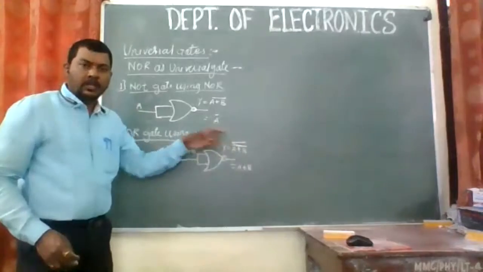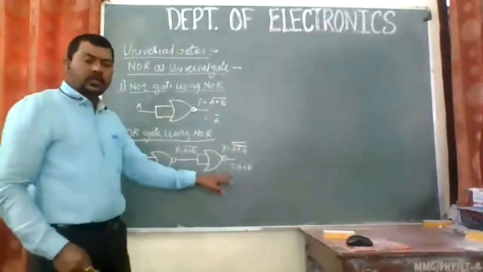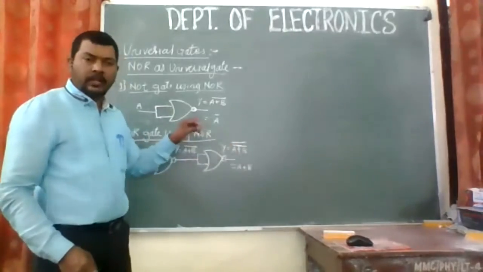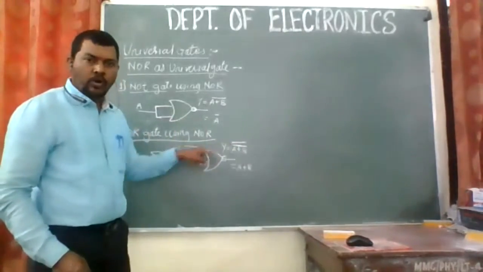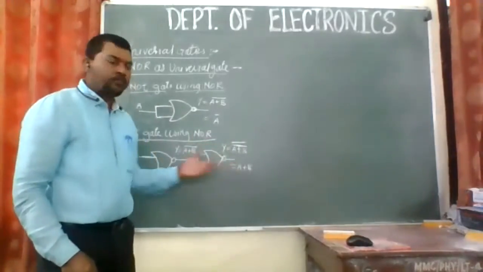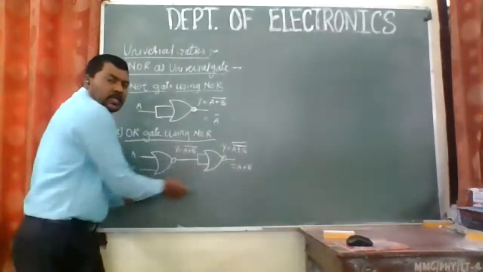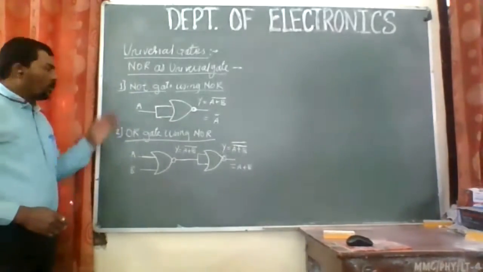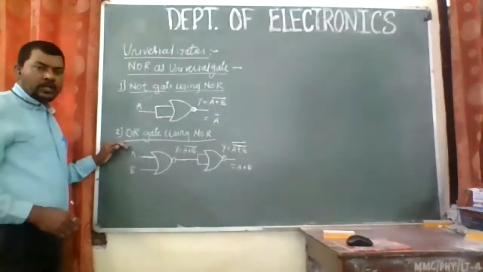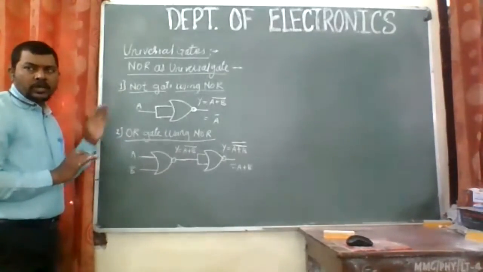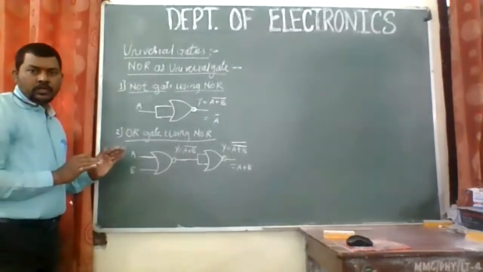So we are having two complements, and the complement of complement is A plus B, right? This is the Boolean expression. The two complements cancel each other out and we have A plus B. So this whole circuit is going to work as an OR gate. I have built two gates: one is the NOT gate, the other one is the OR gate. Now the third one, have you understood this? Two gates? Have you understood?